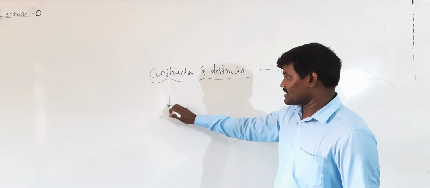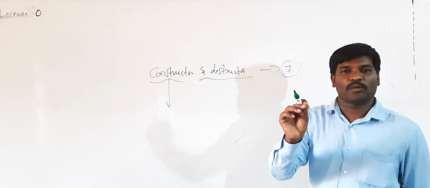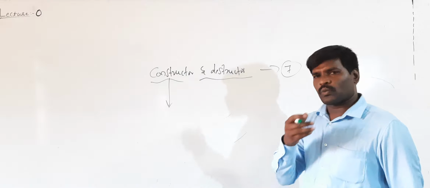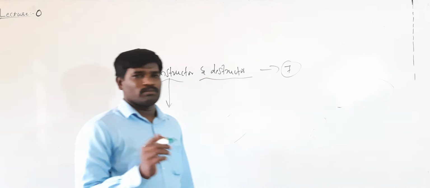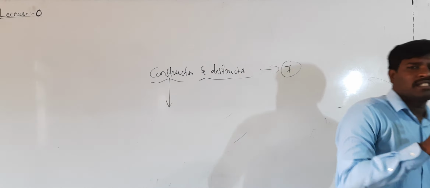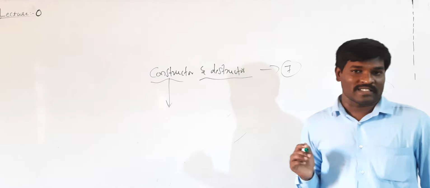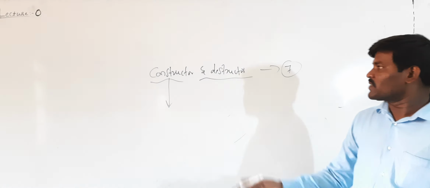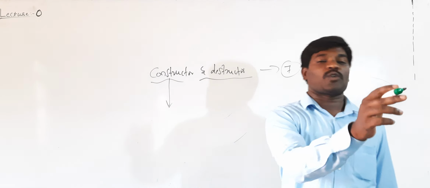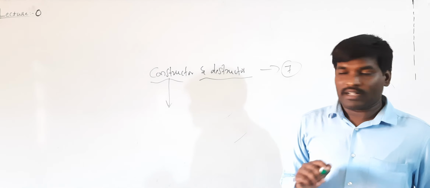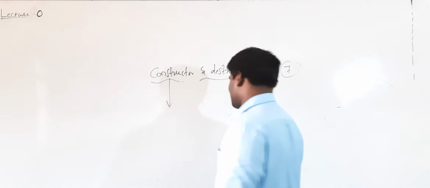See here, constructor means it is also a type of function. Even void read is there, void display is there, void compute is there. There are so many functions we can define in a class. So all are functions only. In the same way, constructor. So here constructor is a special type of member function, and its name is the same as that of the class name. For example,